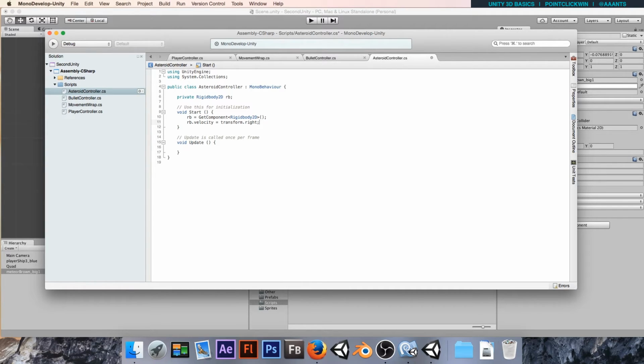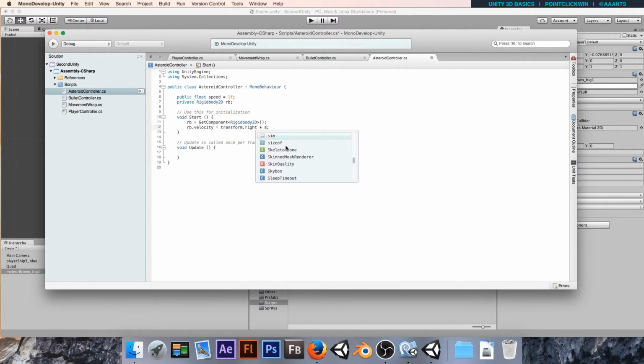So we're going along the x-axis. And again, you might want some speed here, like we did with the bullet. These asteroids aren't going to be anywhere near as fast, but let's have a public float called speed, and by default, maybe we just leave it at 1, but you can play around with that in the inspector. So we'll do transform.right multiplied by speed,